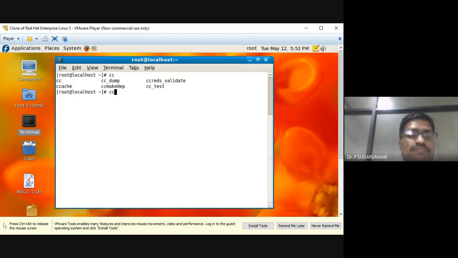So now I'll do a simple program, just one simple C program. In the terminal you have many editors. The vi editor is there, gedit is available. Which editor you want, you can utilize. There is no problem. The vi editor also you can use, gedit also you can use. Different editors are available. You can use any editor, it doesn't matter. It will work for all the programs. So now gedit. I'll give p1.c.